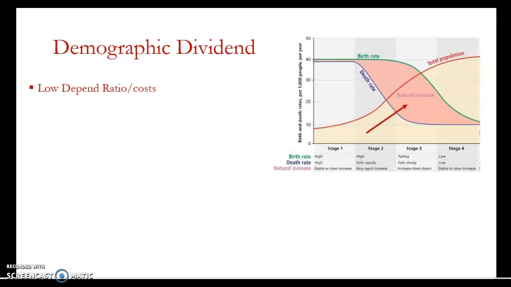Again, the demographic dividend comes into play with that increased productivity. We saw India on the previous image, where 64% of India's population is working class. In order to experience this dividend, we need a high level of female participation and a lower fertility rate. So more women are going into the workforce.